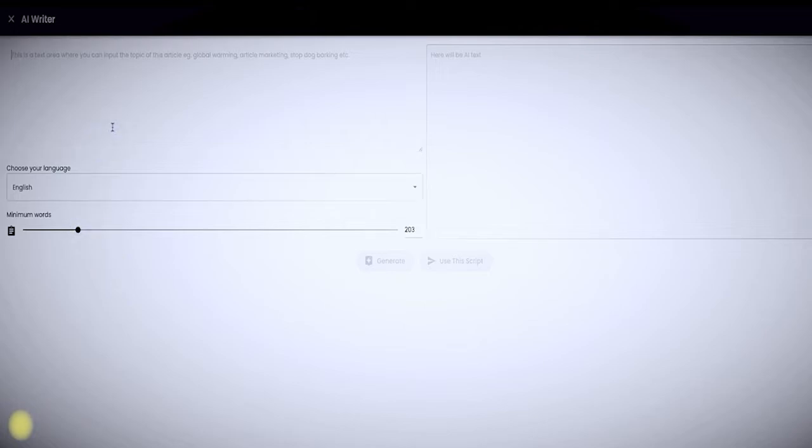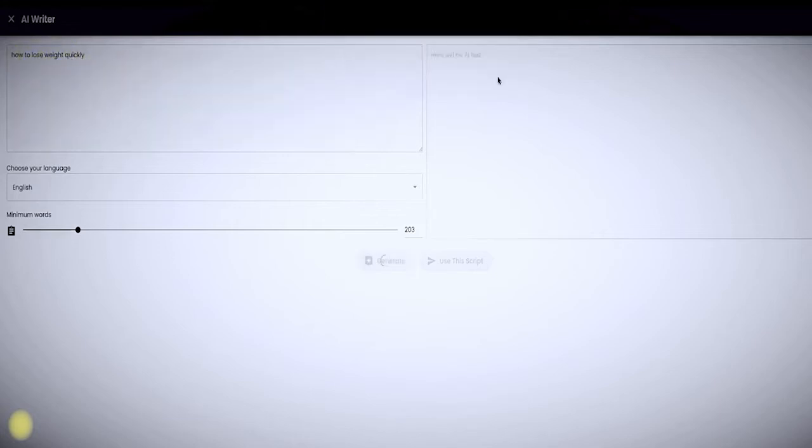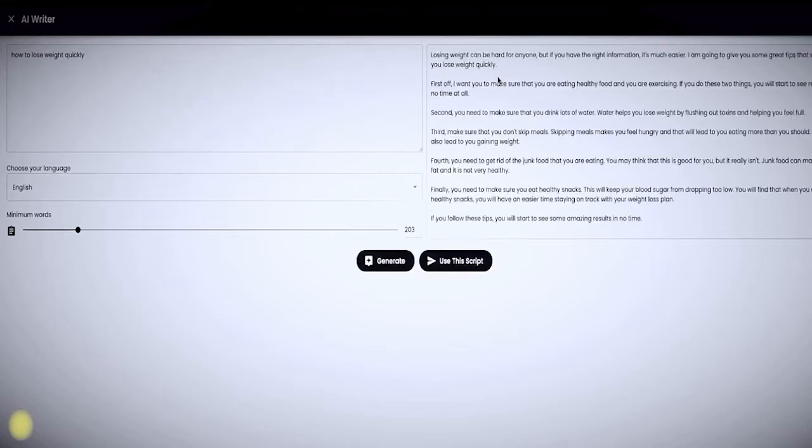And then I'm going to go ahead and write something like how to lose weight quickly. I'm going to go ahead and generate. And now what's going to happen is Stoodaio is going to go out there and write me a complete script that I can turn into a video, but all around the topic of losing weight quickly. Alright, and just like that, Stoodaio has went ahead and created a piece of content for me, and let's go